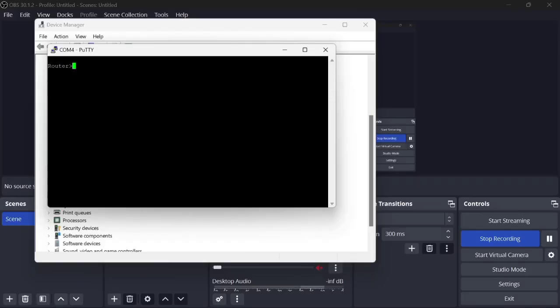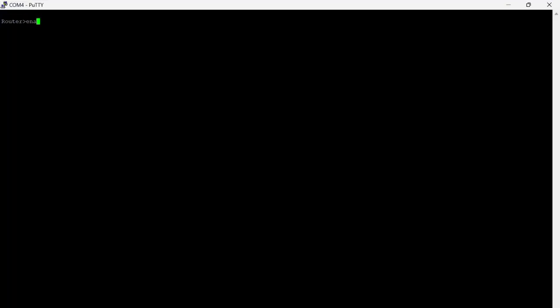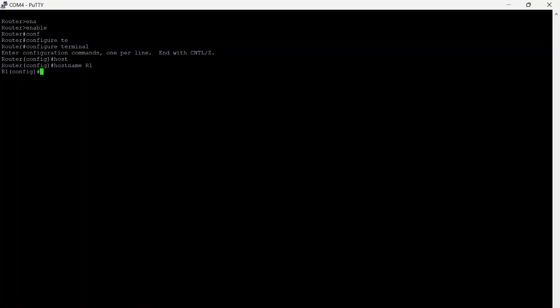I want to use the Cisco router and I enter configuration. I enter configure terminal mode and I change the hostname to router 1, R1.